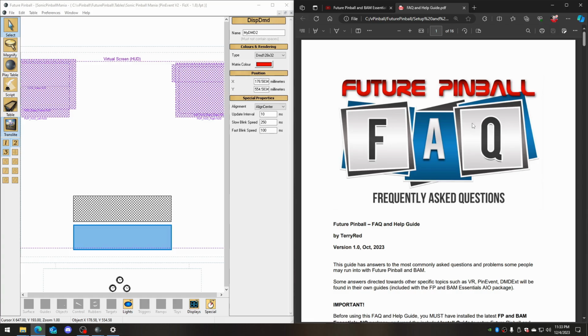It restricts Visual Basic script commands. It'll cause tables to stutter, and that's Future Pinball and Visual Pinball. So my recommendation is try to disable Defender if you can and use a different antivirus. If you have to use something, at the very least, make sure you have exclusions set for Future Pinball, the